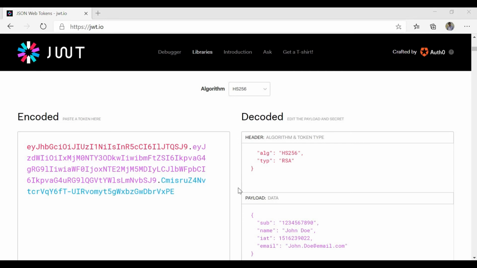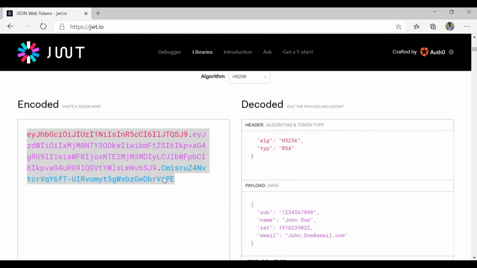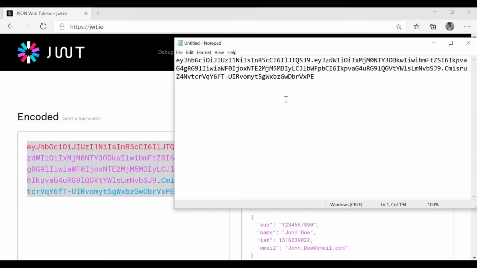Before I end this video, let me give you an example. This is a JWT token which is formed out of this header value with this payload and the secret key which is "my-password". This is the value of the JWT token. I'm copying this one and putting it aside.